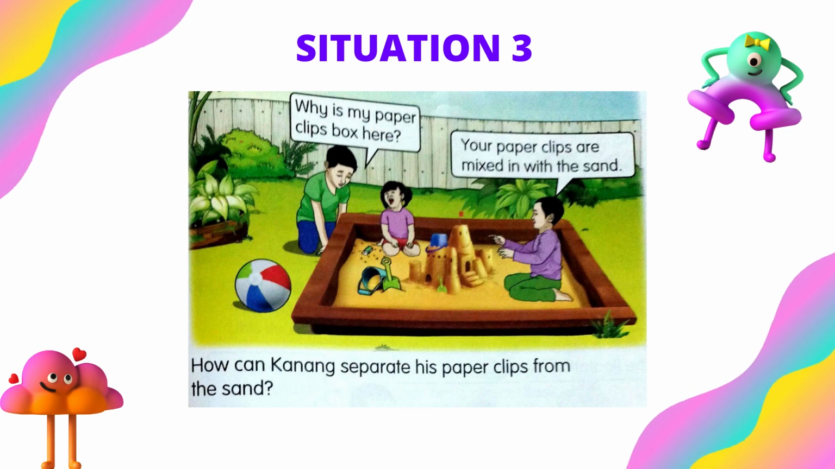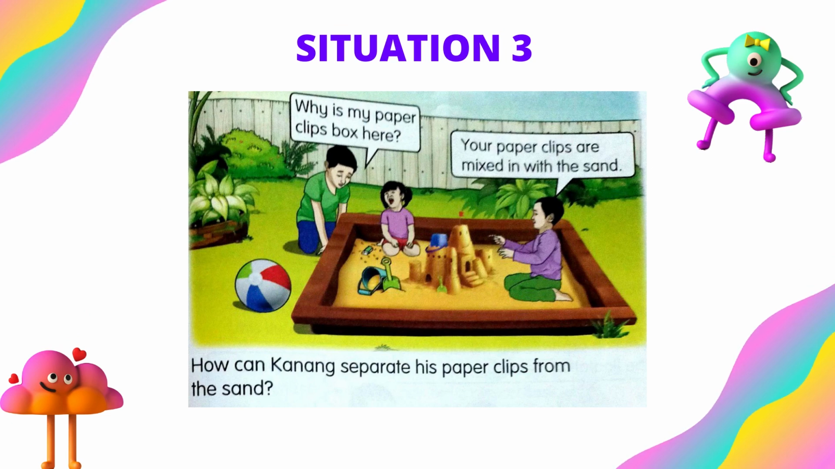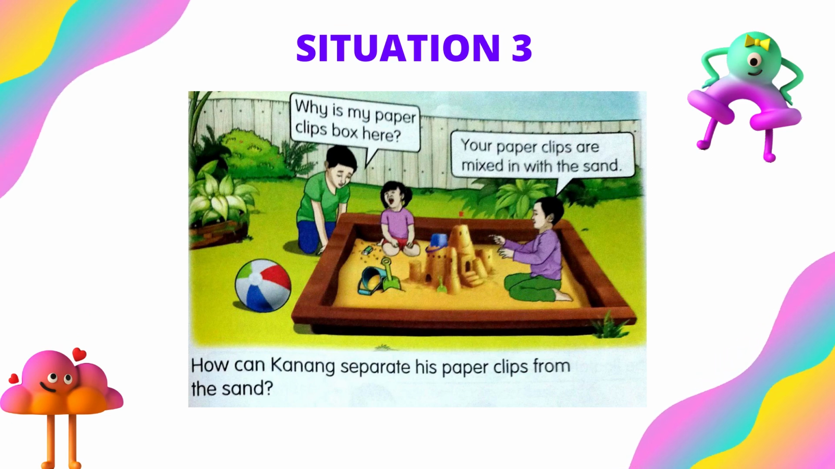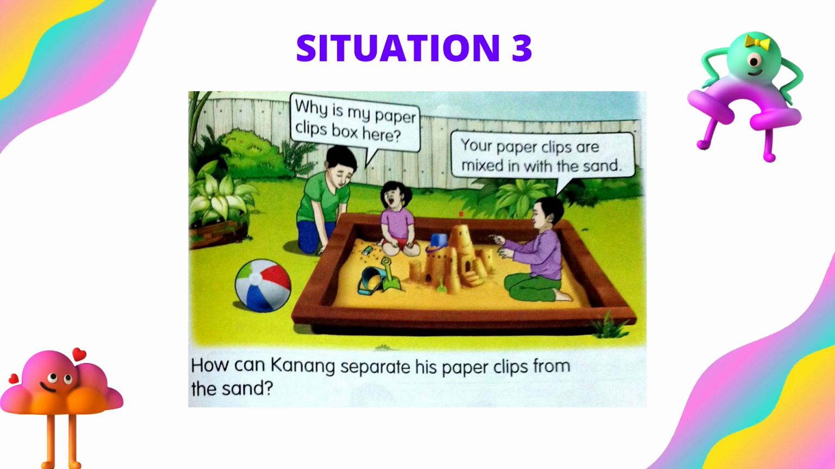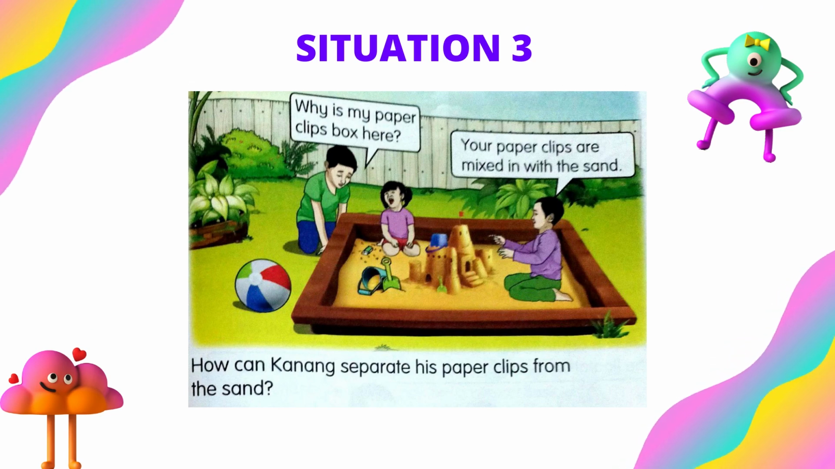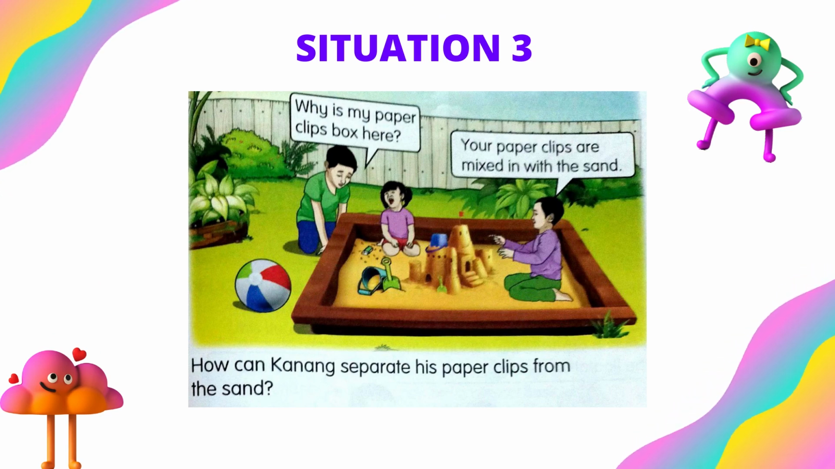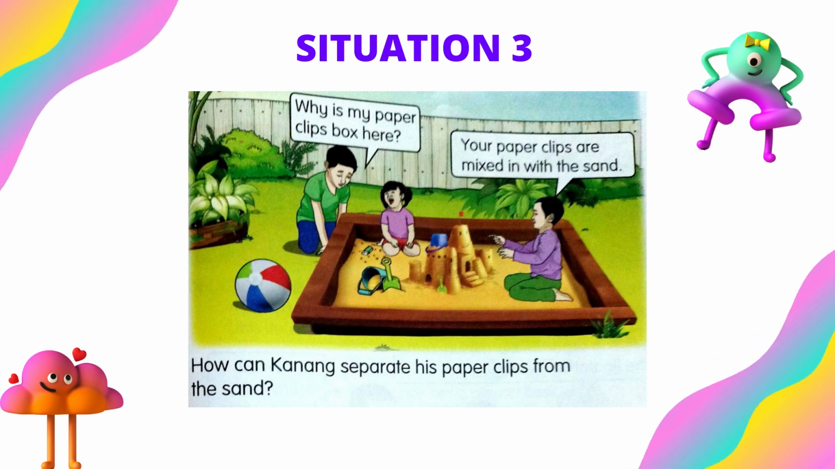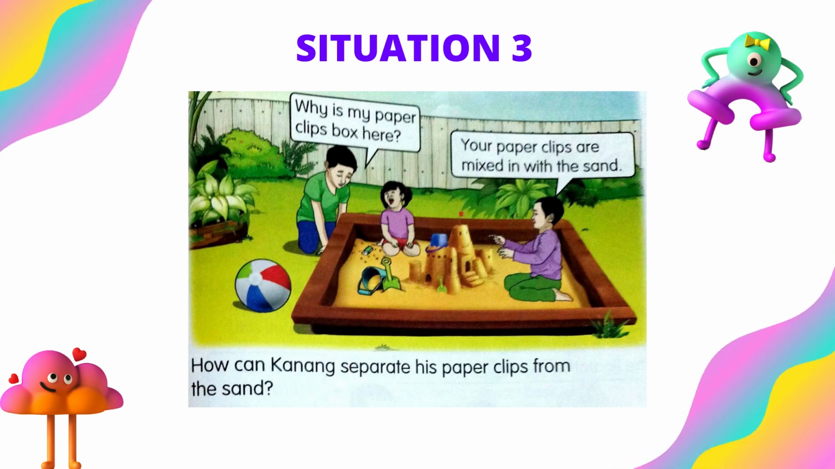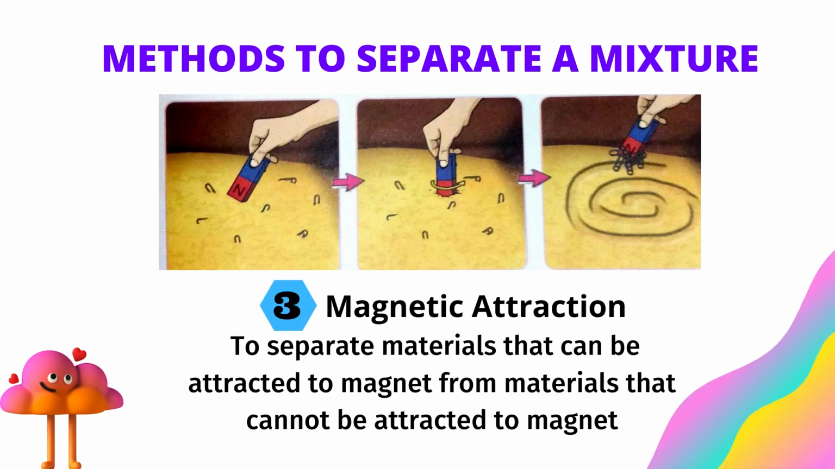Third, situation 3 at Kanang's house. Kanang was surprised when he saw his paperclip box outside. Why is my paperclip box here? Your paperclips are mixed in with the sand, father said. How can Kanang separate his paperclips from the sand? Kanang can separate the mixture of paperclips and sand using